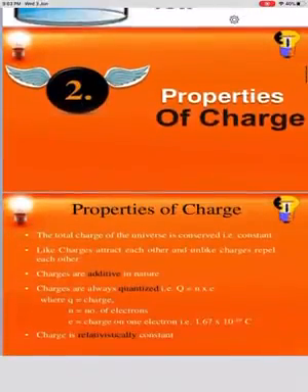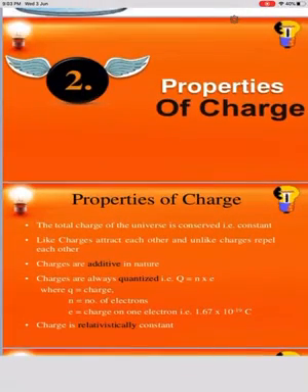After that, we learn the properties of electric charges. The total charge of the universe is conserved, that is, it is constant. Like charges repel each other and unlike charges attract each other. Charges are additive in nature. Charges are always quantized. The first numerical formula we learn is Q, that is electric charge,